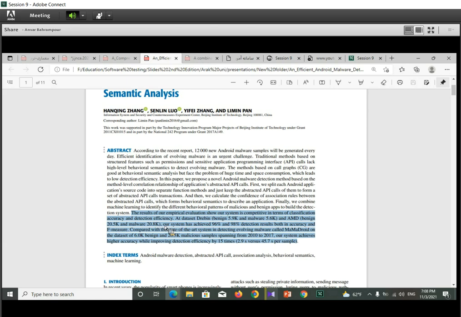As they experienced in their empirical evaluation, they said that the proposed method has achieved 96% and 98% detection results, both in accuracy and F measure. So in this part, as you saw, the results